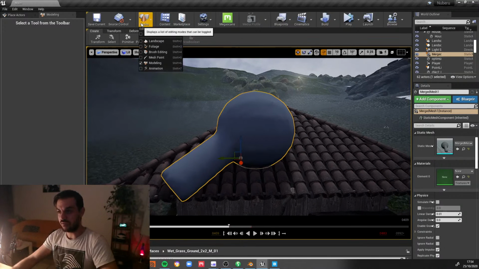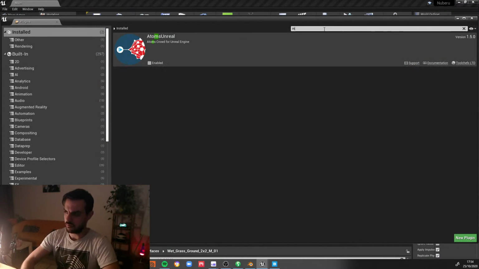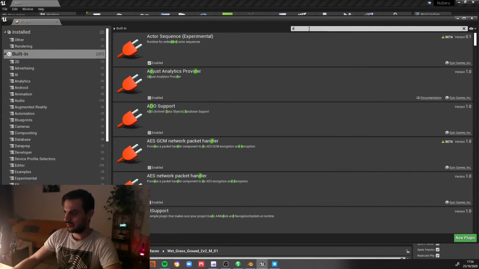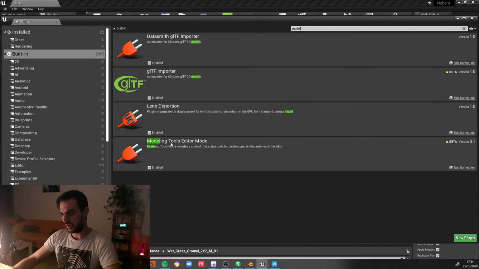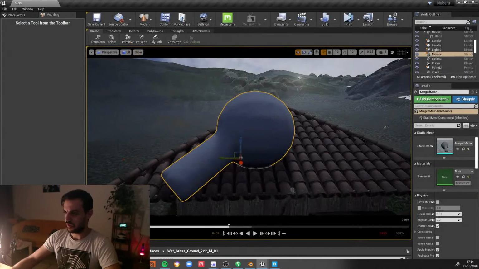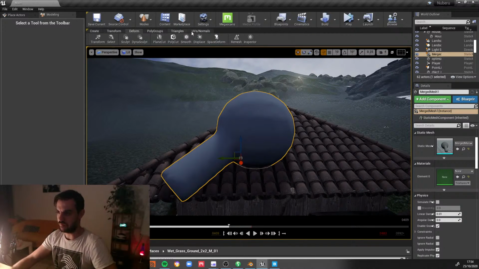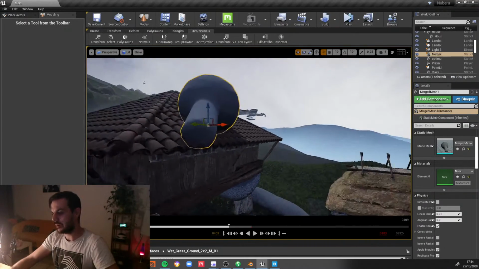No, this is a plugin from, I think, 4.24. You just need to go to here, edit plugins, and then go to modeling. Modeling tools editor mode, and then just go here and you have this beautiful mode. It's made by one of the guys of Mesh Mixer of Autodesk that now is working in Epic Games, and it's really, really, really powerful. You can create even UVs, you have Dynamesh, and for prototyping, obviously not for final maybe, but for prototyping it's